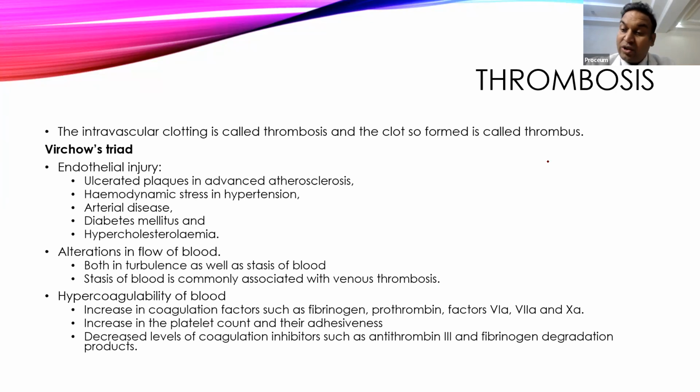So that is called Virchow's triad. So first is endothelial injury. Because of increase in blood pressure or increase in lipid tissue, that will cause an injury to the endothelium, and that will lead to formation of rough endothelium, where the fat will start depositing. That mechanism is called atherosclerosis. That will start to deposit, and that creates the plaque formation.